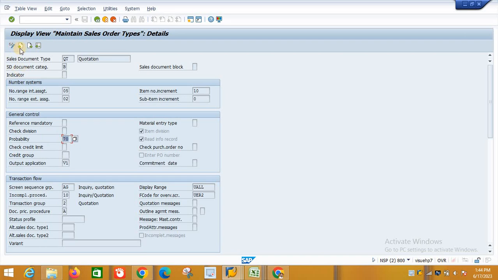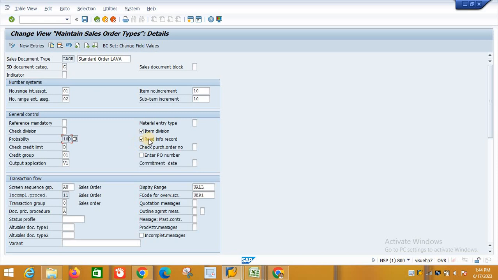Check guys, and if you check for the inquiry, then it is 30%. So it just gives the idea of what the chances are that the customer purchases that product.